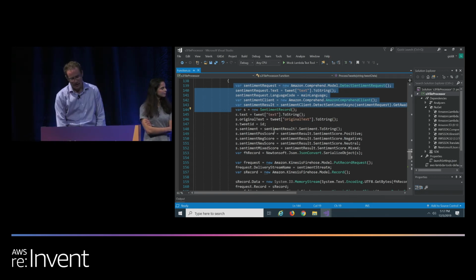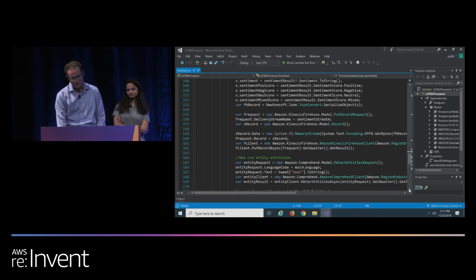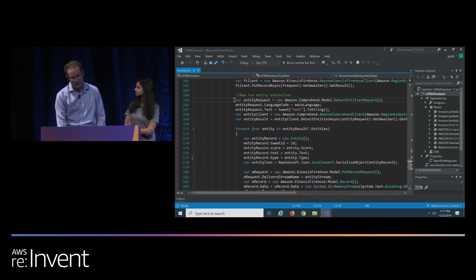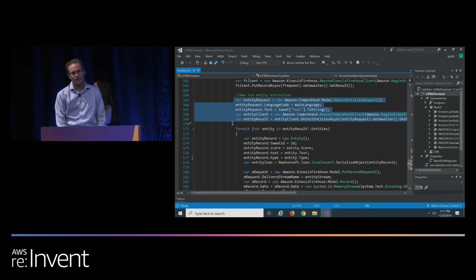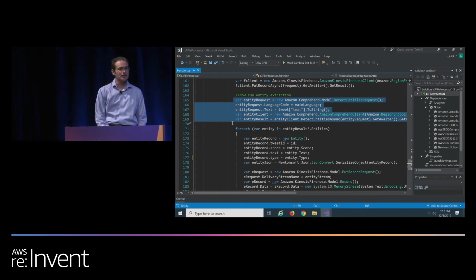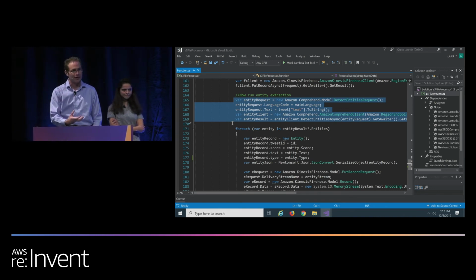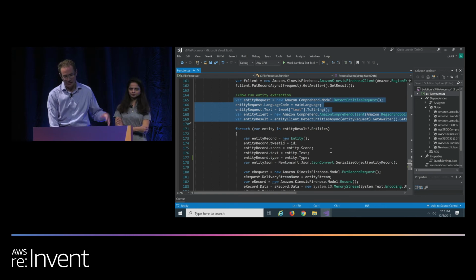I go in and store the original text, the ID, and the positive, negative, neutral, and mixed scores. And then I push them back out on Kinesis. And then I do an entity extraction. So that's what this is. Again, about 5 lines of code to do entity extraction. And it's all C#, object-oriented, dot operators, very easy to consume, very easy to use, hitting the back-end REST APIs